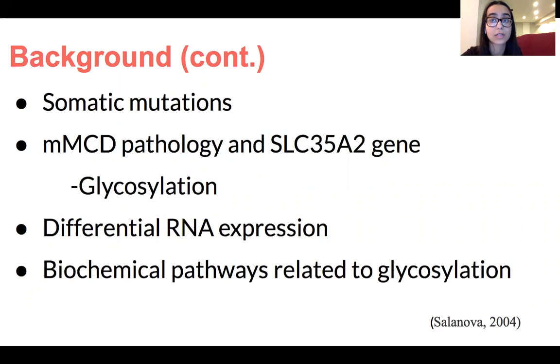Somatic mutations guide the importance of glycosylation defects. So this means that's why I looked for the SLC35A2 mutation and quantified the abnormalities with differential RNA libraries and biochemical pathways. The differential RNA found abnormalities encoded by the SLC35A2 gene, or abnormalities in the transcriptome pathway related to the SLC35A2 gene. These abnormalities cause biochemical glycosylation defects in the Golgi apparatus and intracellular functions to be affected, which is the main focus of the project.